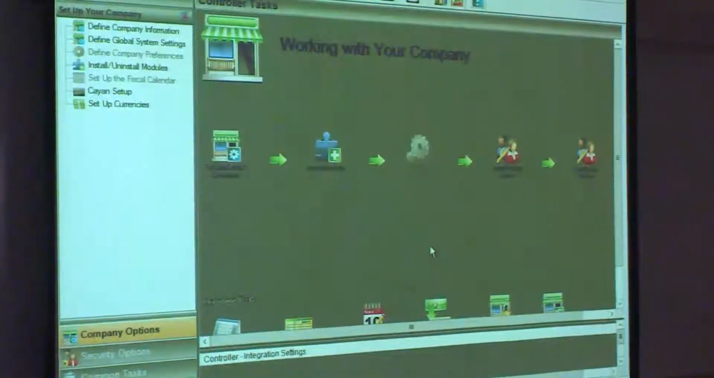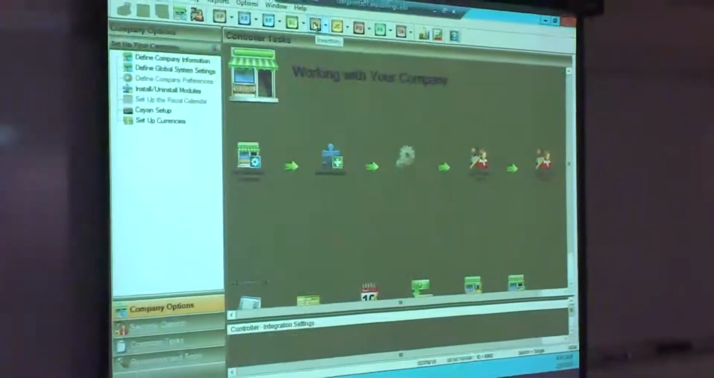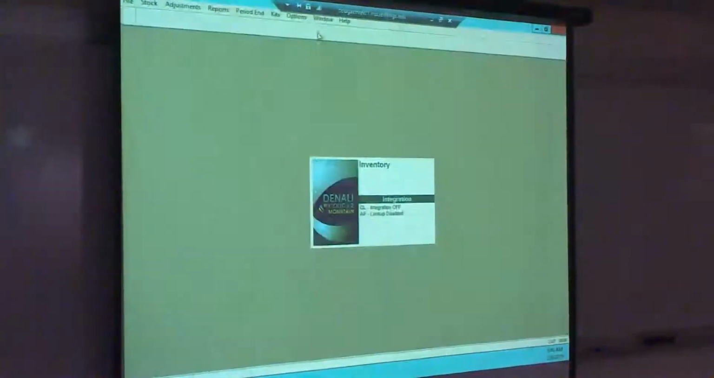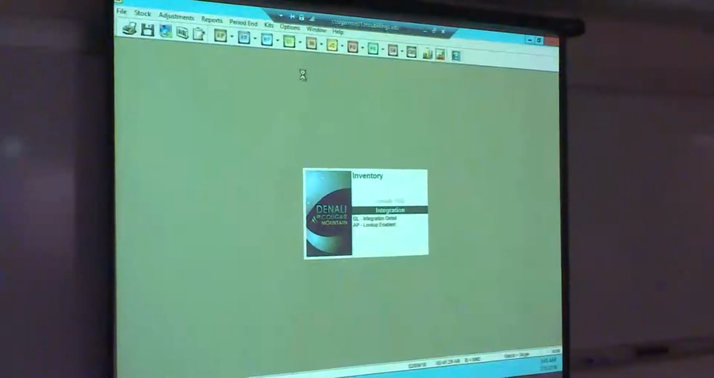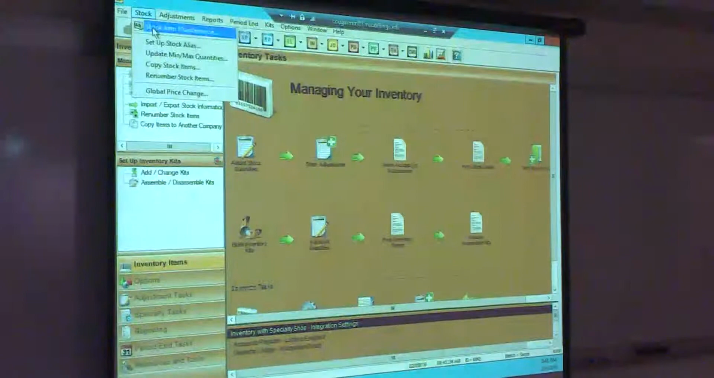Okay, for today, what I'm going to do is go through a number of different modules in the Denali software. So we are starting in the main module, or the controller. We've already done quite a bit in accounts payable, so I'm assuming we're pretty good in accounts payable. I'm going to go to inventory, and the in-class group has looked at inventory quite a bit, but if there are any questions, let me know as we go through. So I'm going to go to stock items,